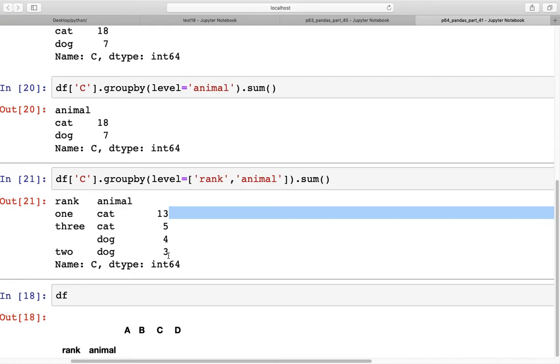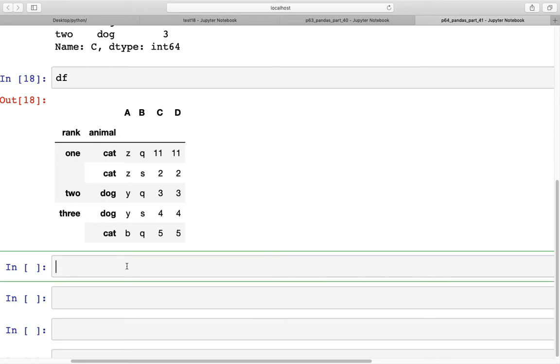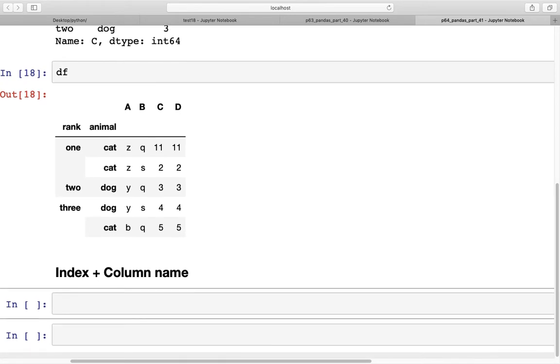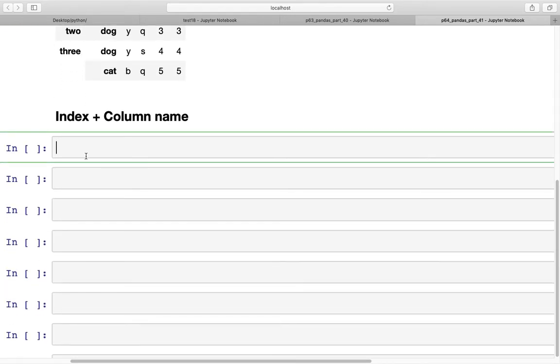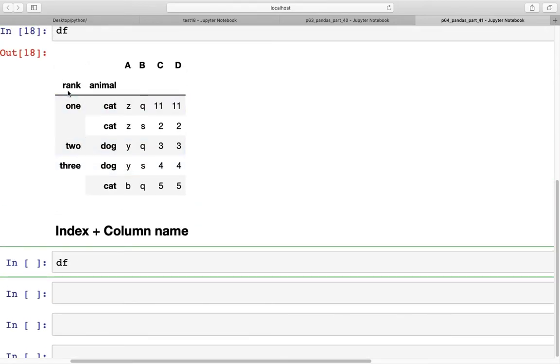Now moving on, let's look at how we can combine the use of index and column name in GroupBy. So we'll use the same data frame df. So here, if we want to group by using the level 0, which is the rank index, and the column A, which has z, y, and b, you type